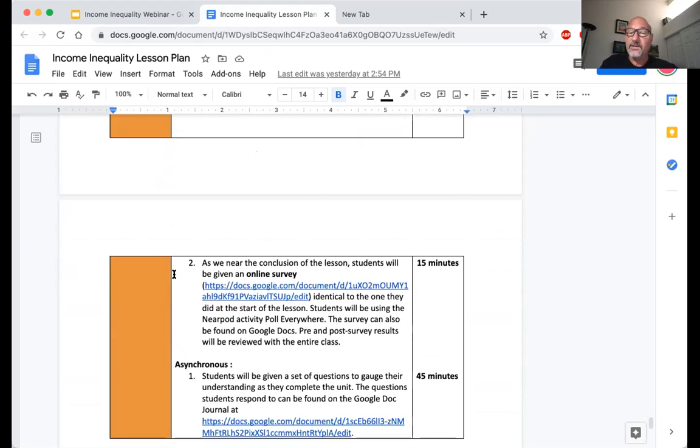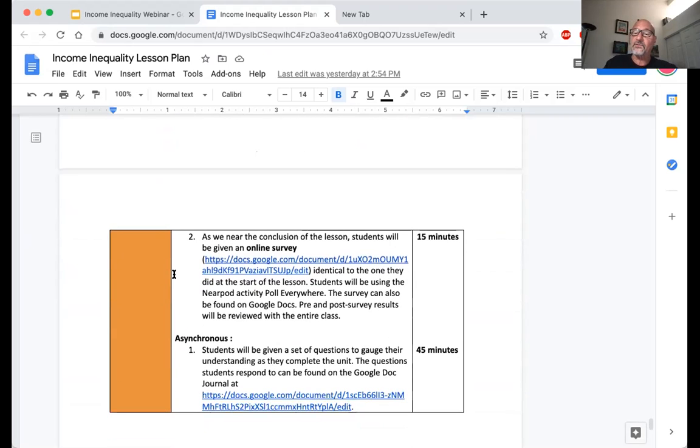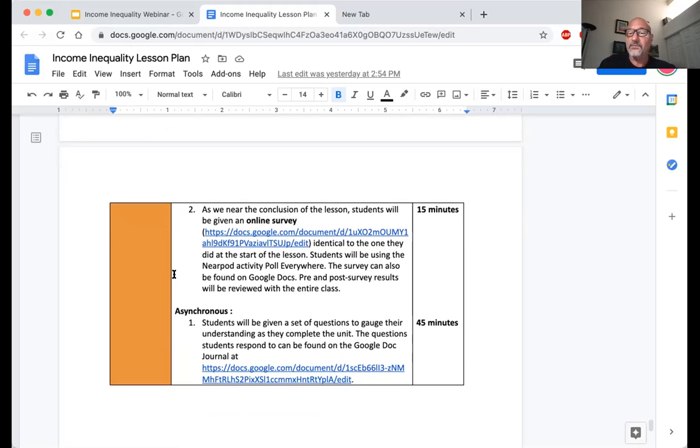The final activity for the teacher is to give all students a set of questions that mirror the initial online survey that was given at the outset of the lesson before students were exposed to the content. This is to give students time to reflect on any perspective changes as a result of the lesson, and for the teacher to gauge the effectiveness of the lesson and use it as part of the debrief.